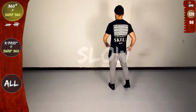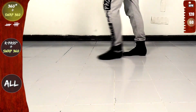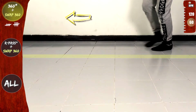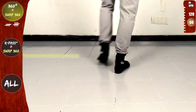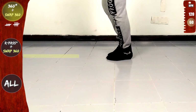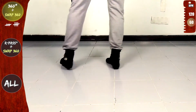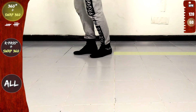Turn around and basic offline slow. Front, 2, 3, let's go. Back, cross to the front, forwards, 360 with an anchor on the line, twist, open, in place, on the line, anchor. Now swap 360, back, cross to the front, open, cross to the back, rotate it on the line, basic